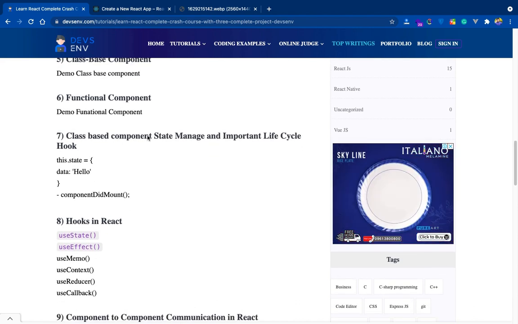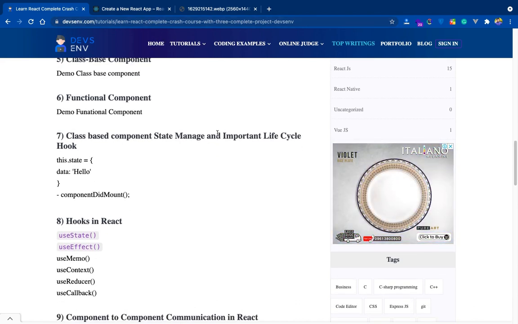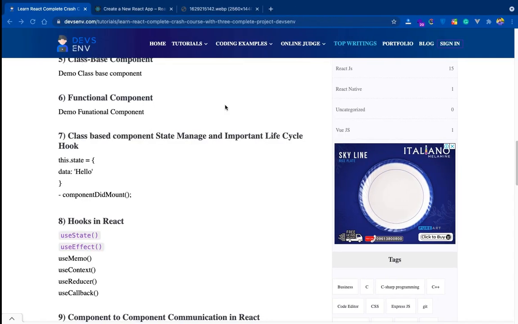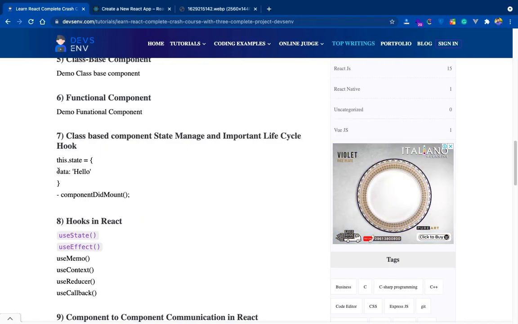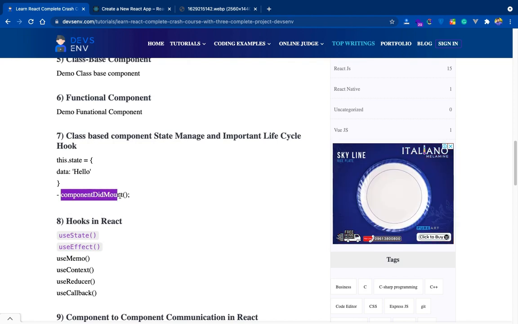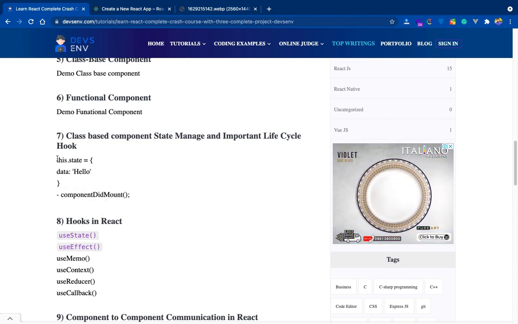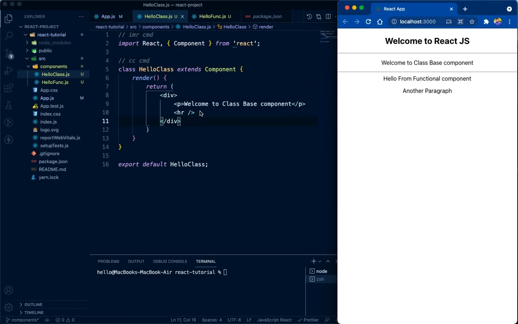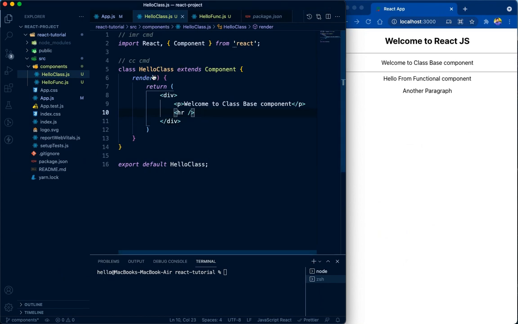Next, we'll change our component data. Currently we don't work with any data yet, so we'll now work with data. In the class based component we will learn about component did mount. I am talking about the very basic one. That also has so many things. So let's check in hello class. So in hello class,